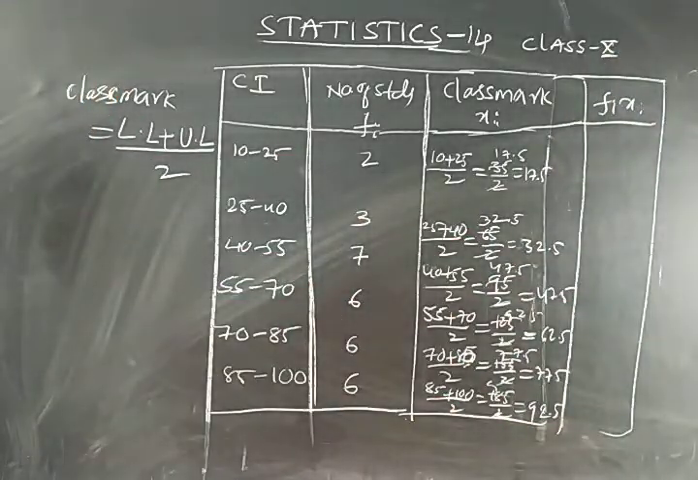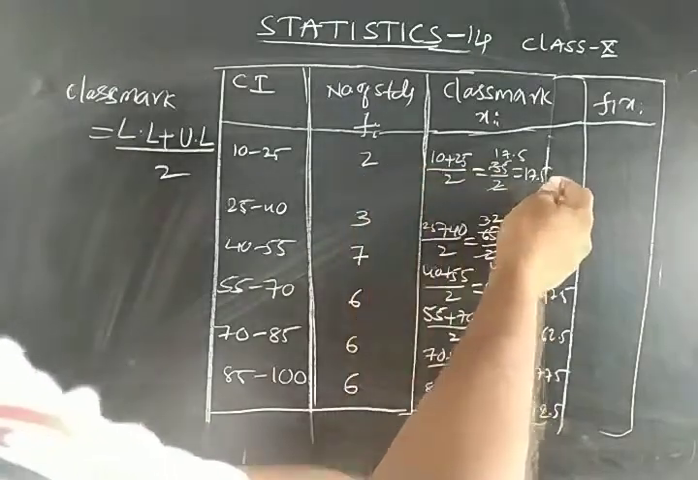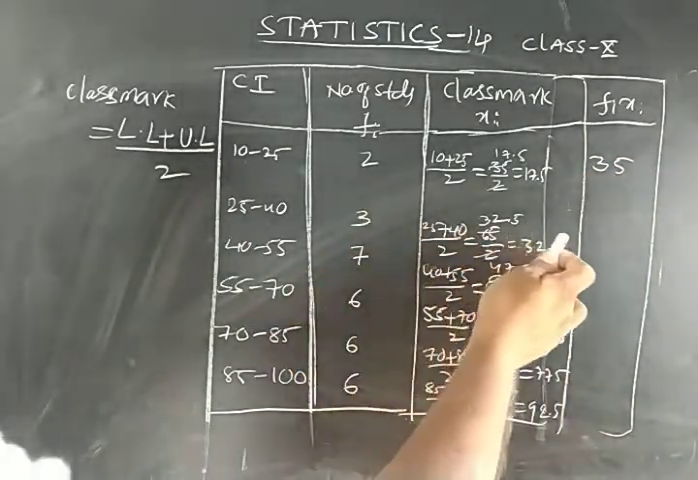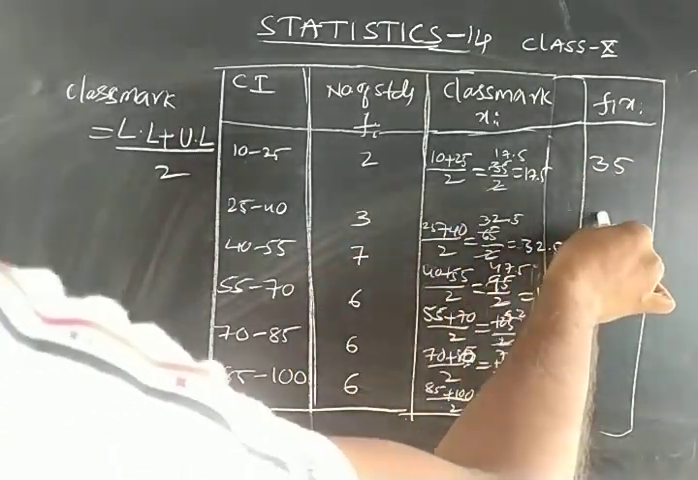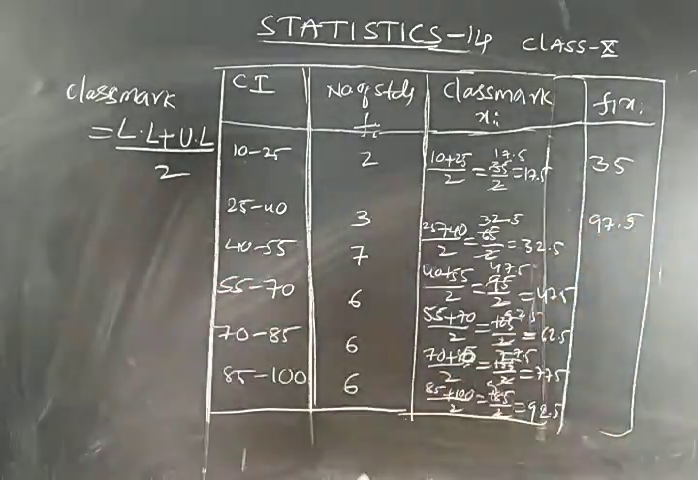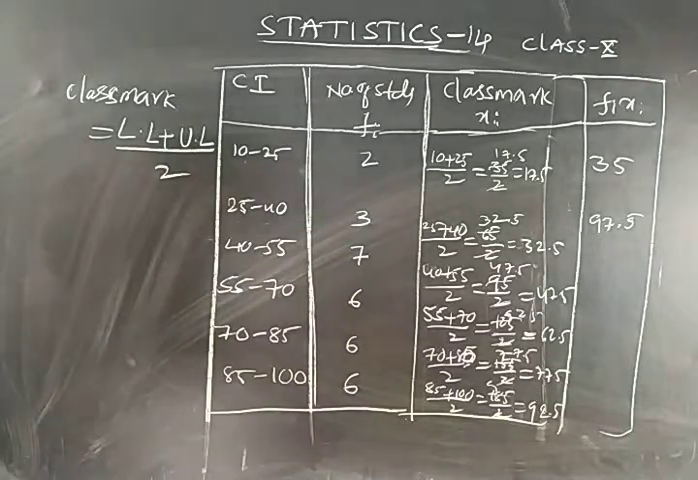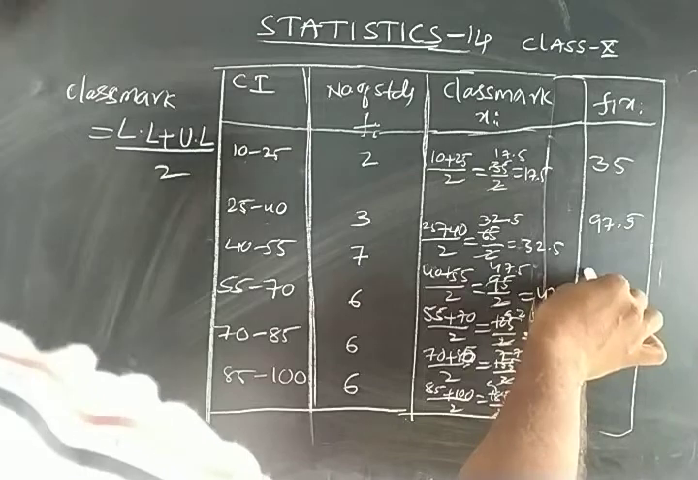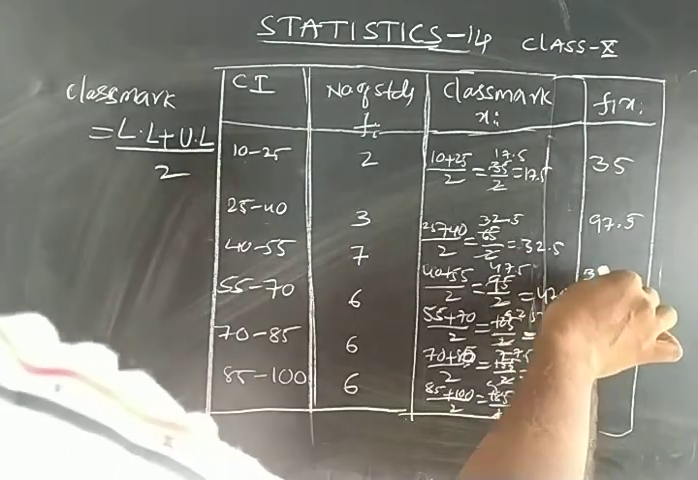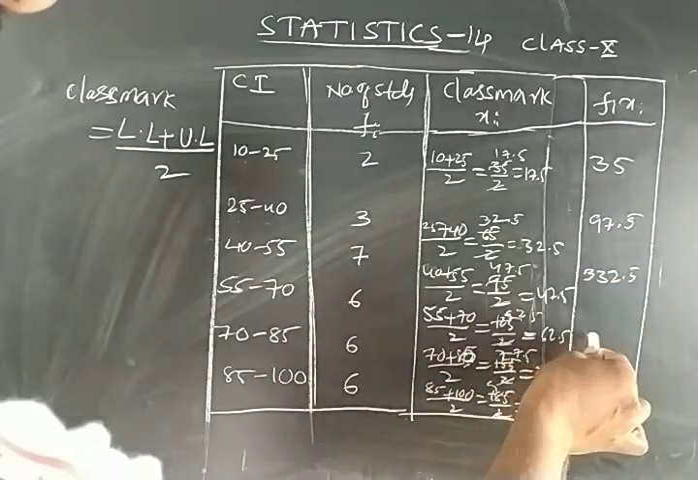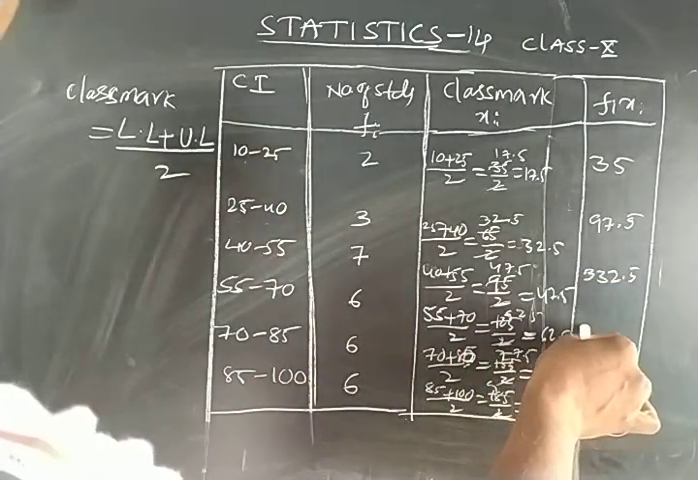Now by multiplying fi and xi, 2 into 17.5 will be 35. Next, 3 into 32.5 will be 97.5. Next, 7 into 47.5 will be 332.5. Next, 6 into 62.5 will be